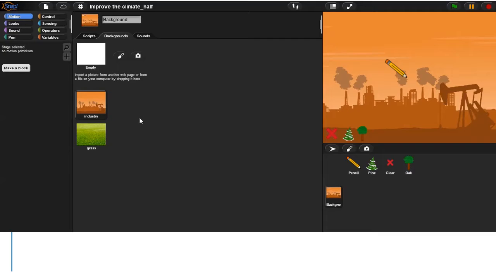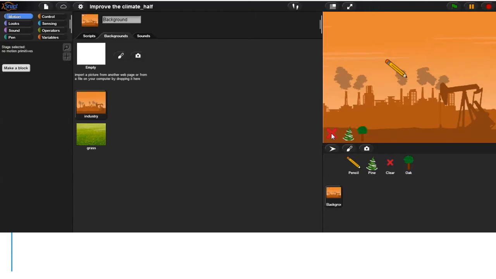Let's see how to program the tasks. In the half-baked resource file, you have two costumes of the stage, one industry and one grass. Also, four sprites: one for the pen, a cleaner, and a design.